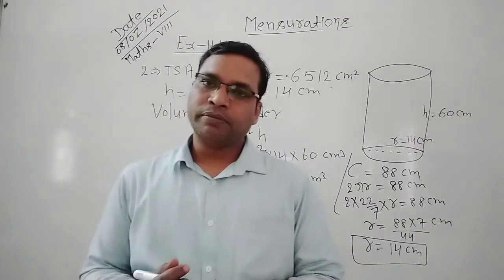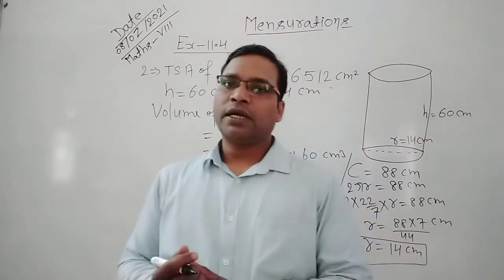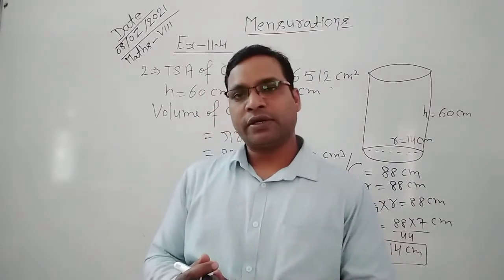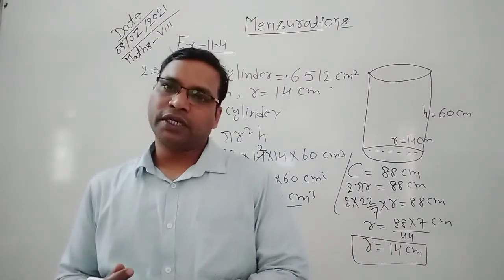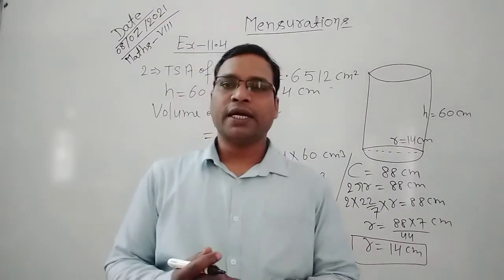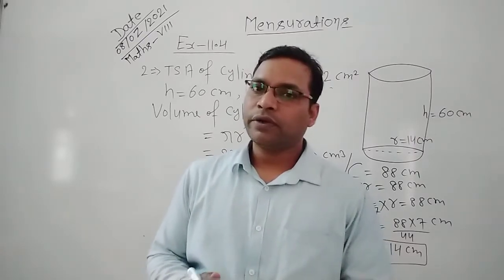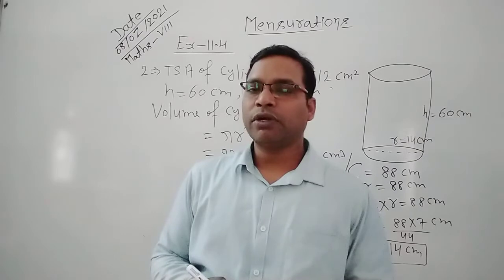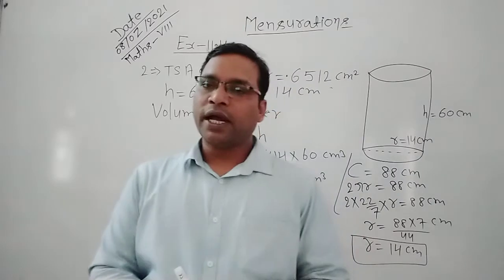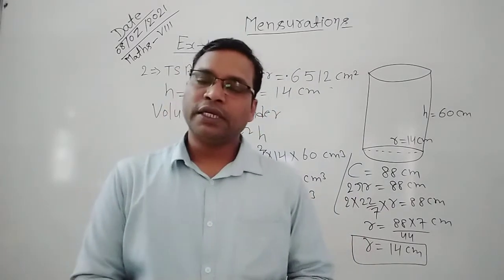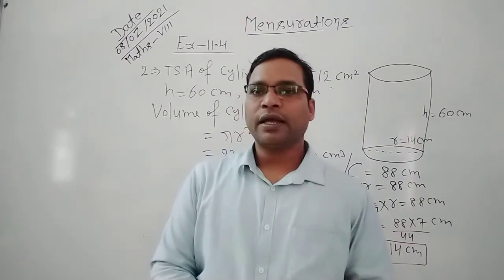So in this question we have two cylinders, so in first cylinder radius is R1 and the height is H1, and in second cylinder radius is R2 and the height is H2. After this we find the ratio of the curved surface area of the cylinders. So the radius and the height of first cylinder is 3R, or you can say 3R